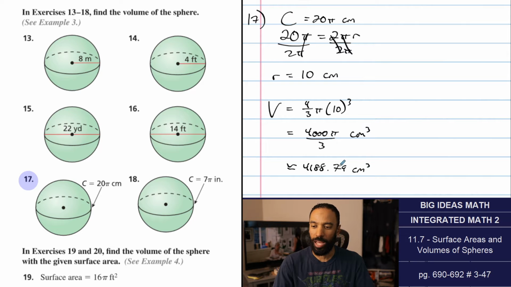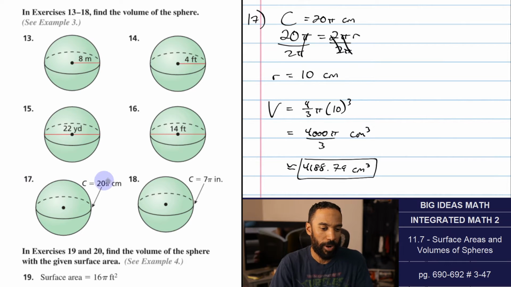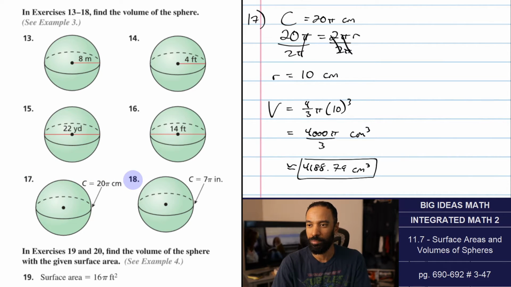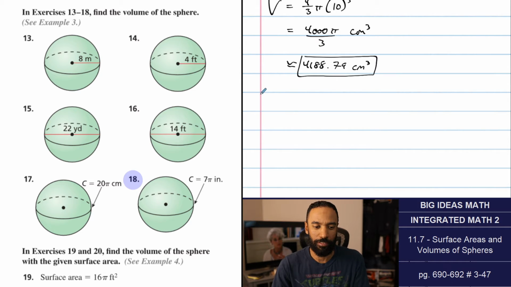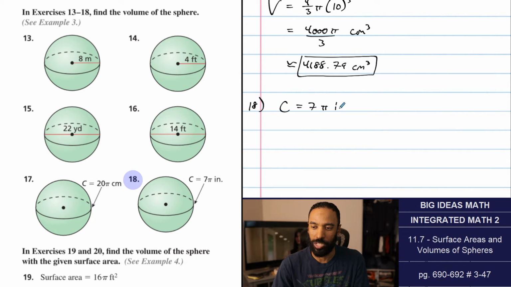4188.79 cubic centimeters. A lot of drill and kill so far with these. I hope they're feeling pretty good. The sphere stuff isn't all that difficult overall, but I speak too soon. We're probably going to hit some word problem things that are a little challenging. This time the circumference is 7 pi inches. I feel like this won't be too clean, but number 18, with the circumference of 7 pi inches, we now